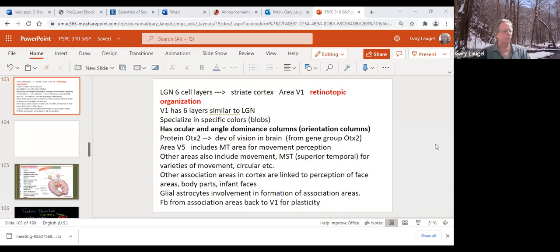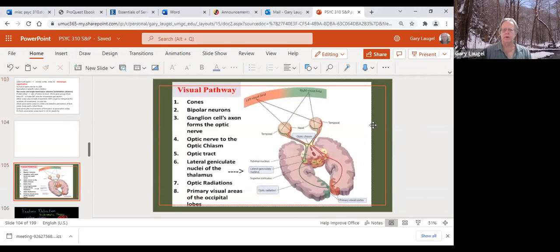Folks, I'd like to talk to you a little bit about vision. And to start, I'd like to talk about the area V1, right, which is the visual cortex. And of course, that'll be back, in the ultimate receiving area in the back of the brain from the eye to the LGN and the thalamus, and then to the visual cortex for the first level of, quite high level